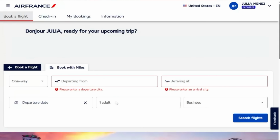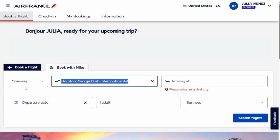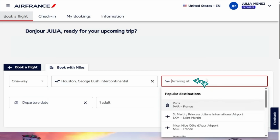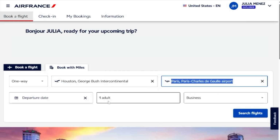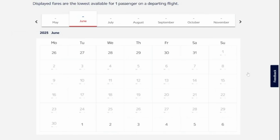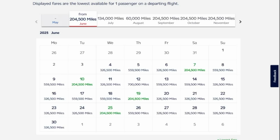I'm going to run this search from Houston, Texas. So I'm going to log into airfrance.us, click on Book with Miles one way from Houston, and just check the pricing over to Paris. I'm going to search for one person in business class, and I'm going to leave the departure date blank, because if you leave the departure date blank and then click on search flights, you are going to get this handy dandy calendar,